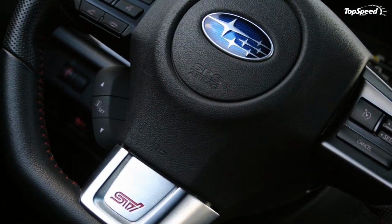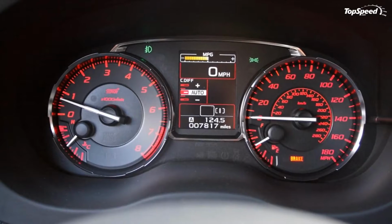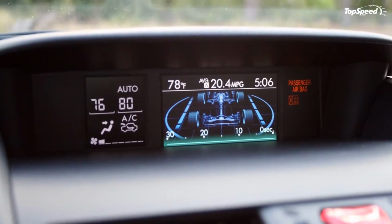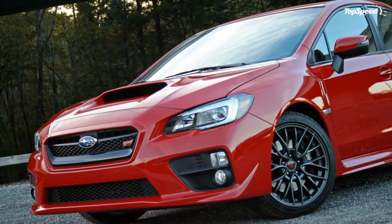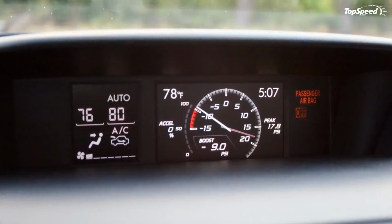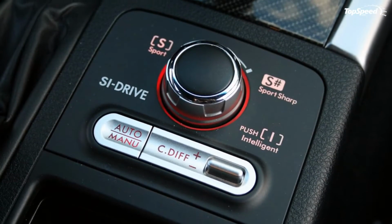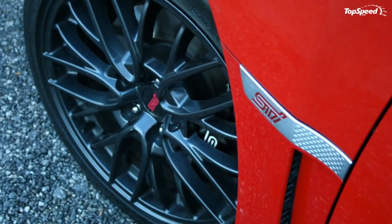Driving impressions. The hydraulic steering provides good feedback and has a decent on-center feel. The Subaru proved to be a great blast. It gives an engaging driving experience with gratifying feedback from all the driving controls. The seat of your pants feel is very raw and expressive, letting you know what the car is doing while